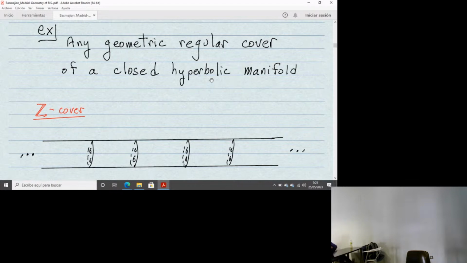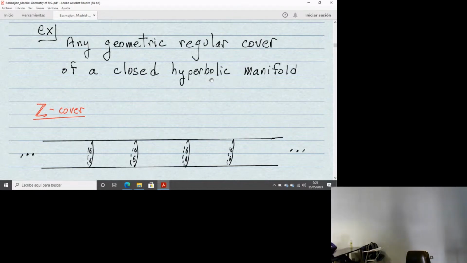Right? So what you do is, you know there's an isometry, so a 1-QC map that takes this and shifts along down to that region where that other point is. And then this piece is compact, so you can always, with a bounded K, map a point in here to another point in here. So that's the idea, and that's how you could show that any geometric, and I'm emphasizing geometric here, geometric regular cover of a closed hyperbolic manifold is also QCH.